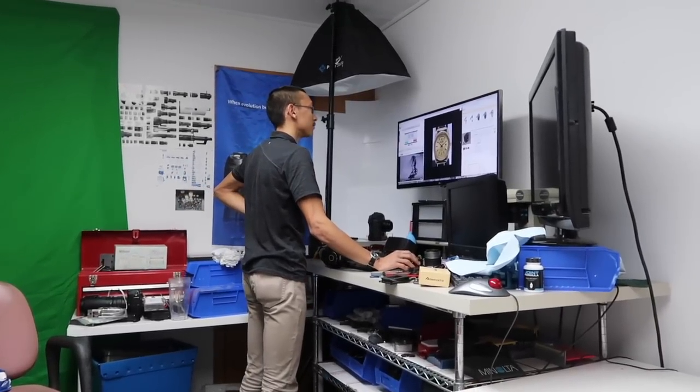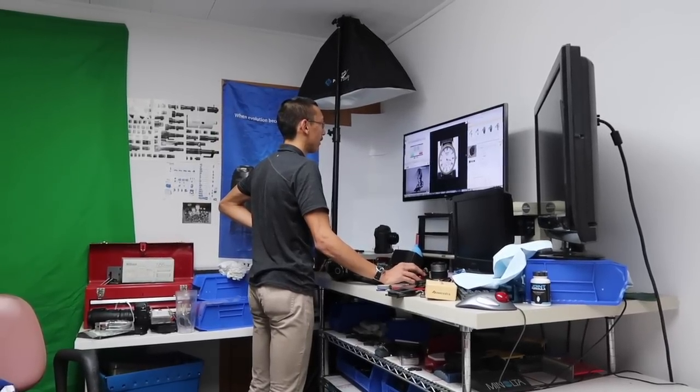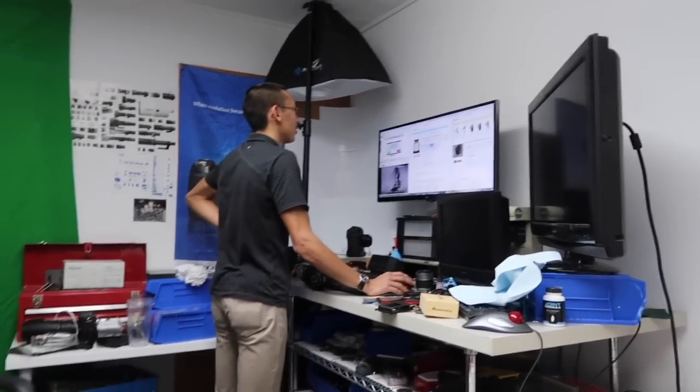So what do you do? You get better focus or better lighting or a different angle? This angle is usually my main shot, and they were really bad on the first ones. Just the angle was weird. So I think with watches more so than cameras,